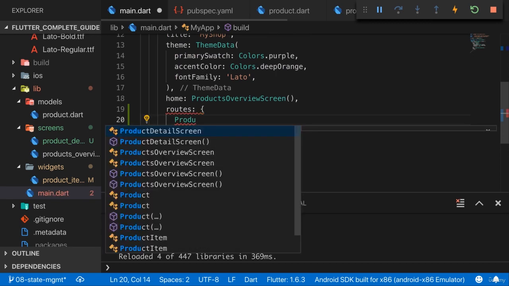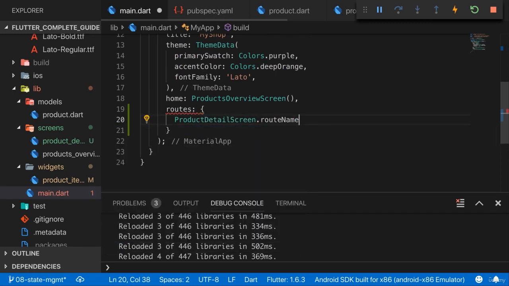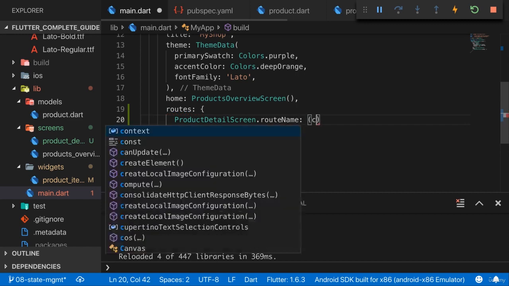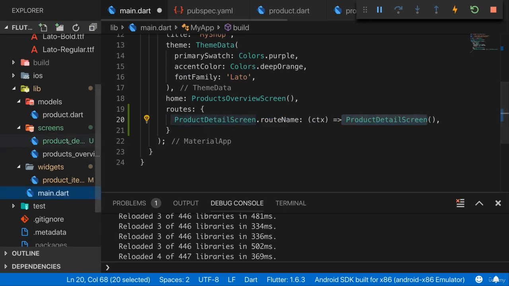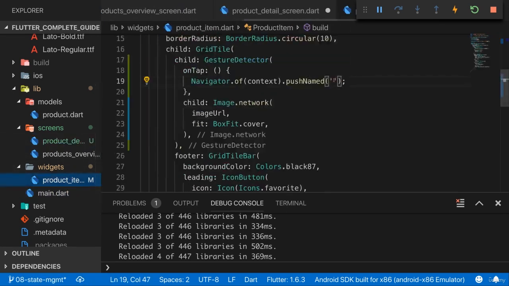Use the product detail screen and there the route name, this static const, which is a string, as a key in this map. And then the value is this builder function where we get the context. We get that by Flutter when it calls the builder function when we call push named. And here we build the product detail screen. And now we have a clean way of seeing which routes we have. We have the overview screen and we have the detail screen. And now when we call push named here,